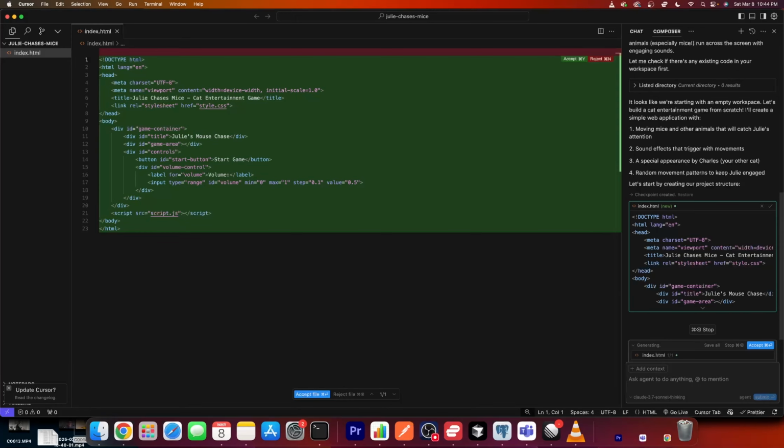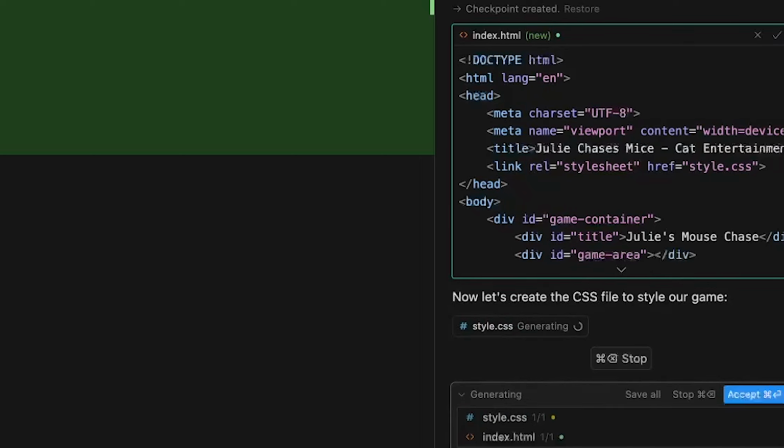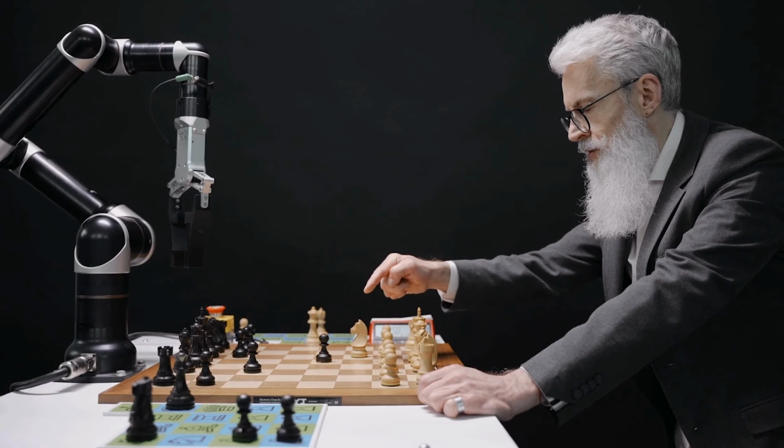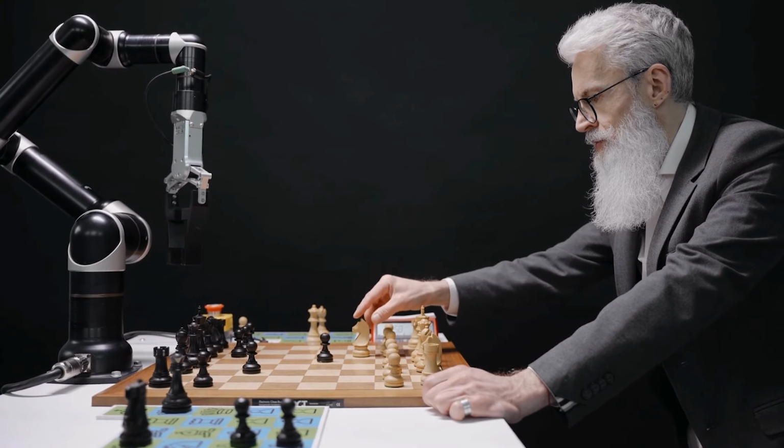AIs will just respond as best they can with whatever you give them, and oftentimes we assume that they know all of the different nuances of the project we're building. We assume they can read our minds. In this way, it's not that different from delegating a task to other humans. I'm sure you've experienced this before. When you need someone to help you get something done, you explain what you want done to that person and leave the interaction thinking that they have everything they need in order to complete that task.